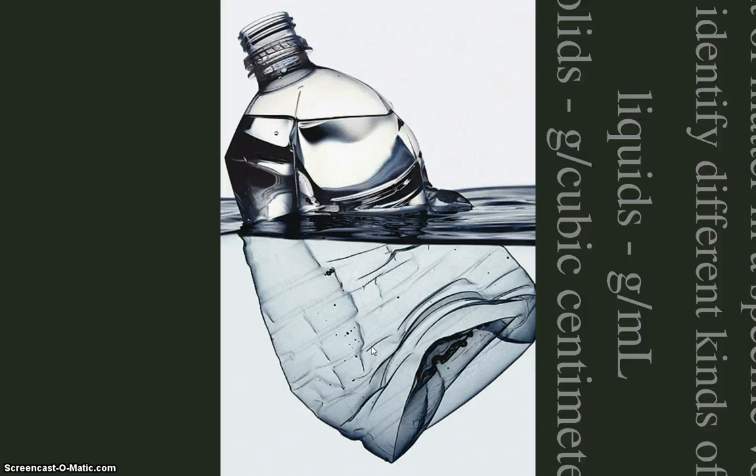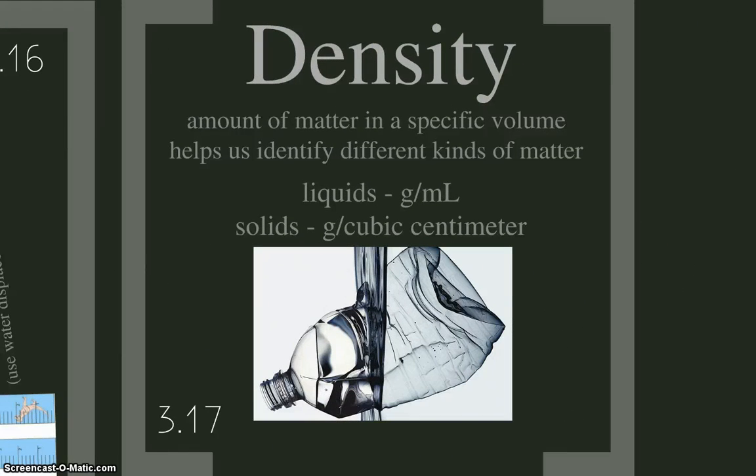Now, what determines whether something sinks or floats in water? Okay, it's not just the mass, it's not the weight, it's not the volume, it's this other idea, this something called density. Density has to do with how much mass you have in a given volume. And density is really useful. Different things have different densities. So if you layer different liquids in the same cup, you'll notice that the ones with the highest density, that have the most stuff in a given volume, will sink to the bottom, and ones with lower densities will